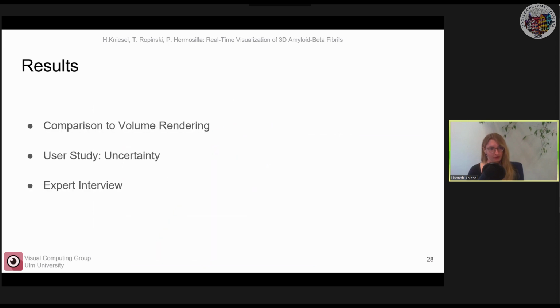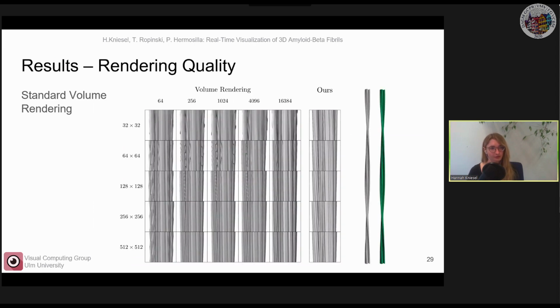To evaluate our approach, we first compared it to volume rendering. Next, we conducted a user study to evaluate the interpretability of the semi-transparent code. And lastly, we conducted an expert interview. So let me start off with the